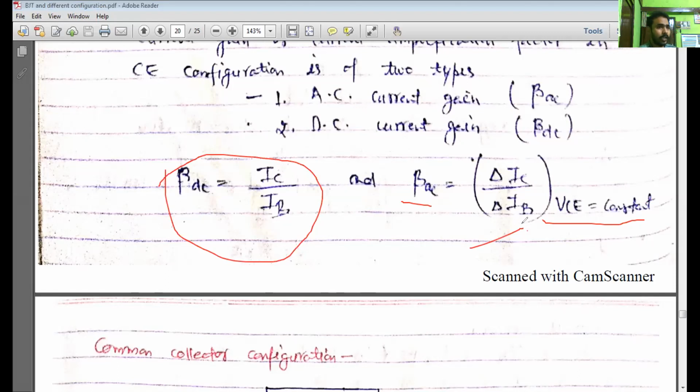So in this way we have completed the common emitter part. Now we'll start the next class, common collector, and then I will talk about the physical significance of beta AC and beta DC. I have not merged that. Generally, during the class, during the topic itself, I start explaining the physical